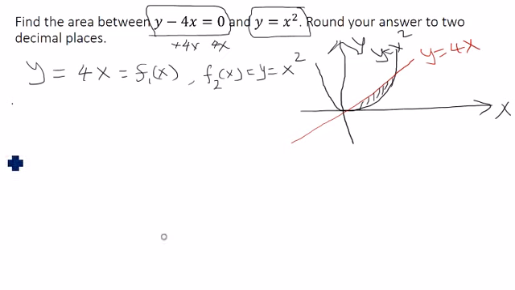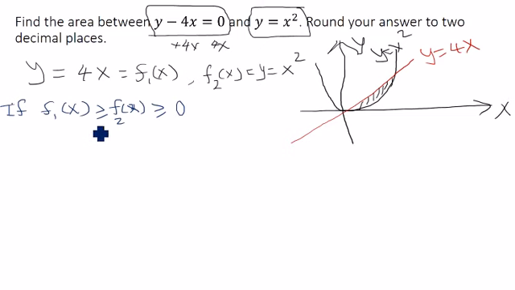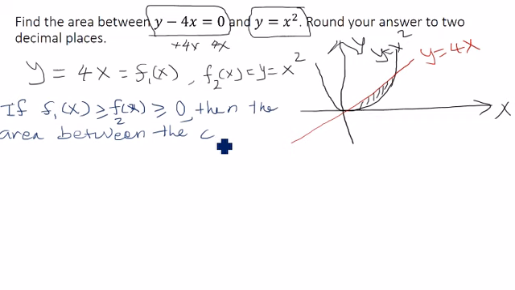So if f1 of x is greater than or equal to f2 of x, and both are greater than or equal to 0, meaning they are positive, and one of them is on top of the other, then the area between the curves, or the graph of these functions, in other words, is